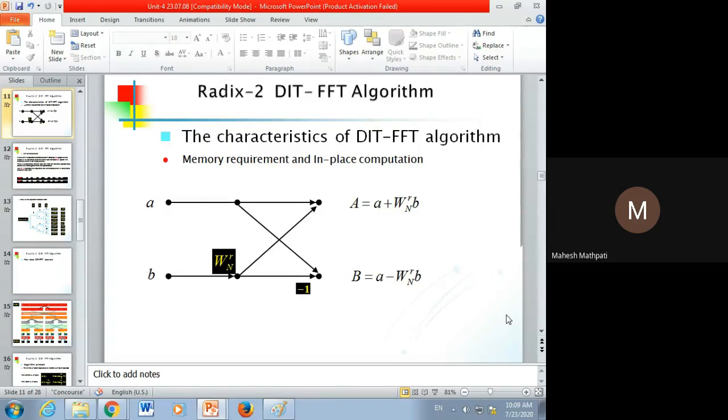Full stop. Hence, the maximum storage requirement of N-point DFT, including twiddle factor will be